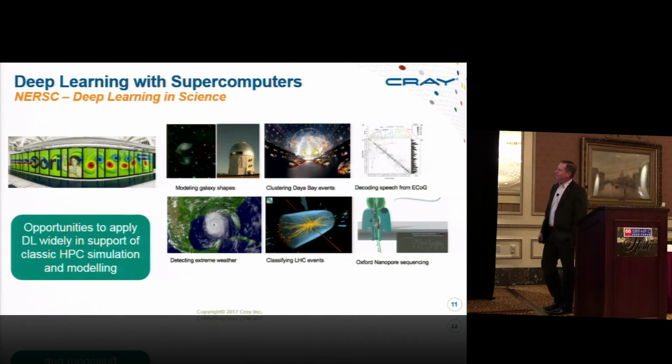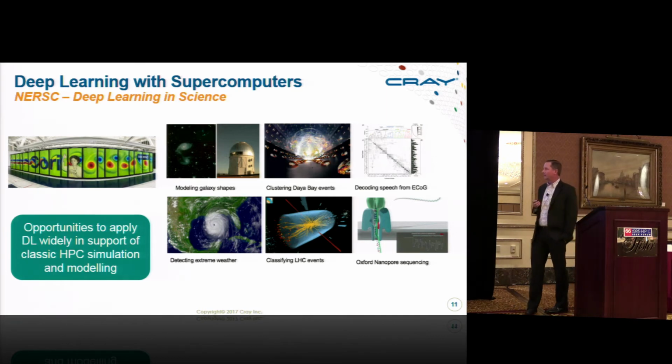Okay, so our friends at NERSC have been playing around with deep learning in support of some of their classic HPC simulation and modeling. Things like galaxy shapes, decoding speech, extreme weather events, LHC events, and so on and so forth. So we're starting to see not necessarily a replacement of HPC simulation and modeling, but we're starting to see these types of technologies deployed in conjunction with